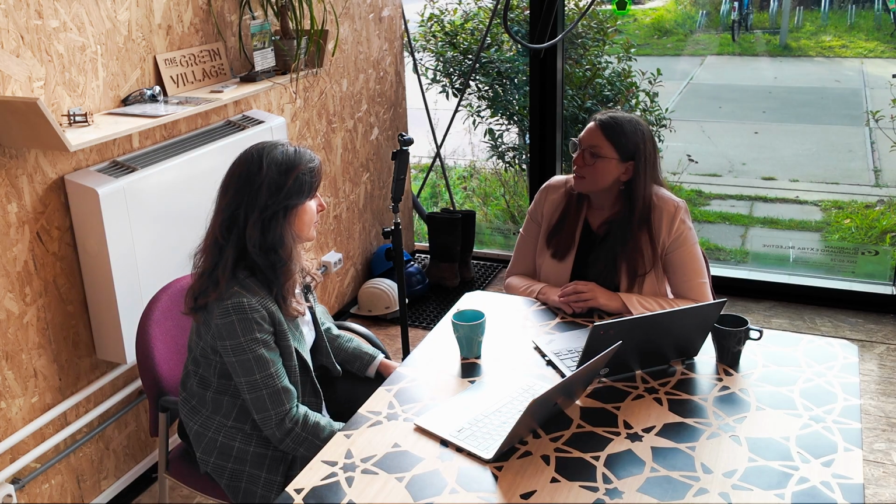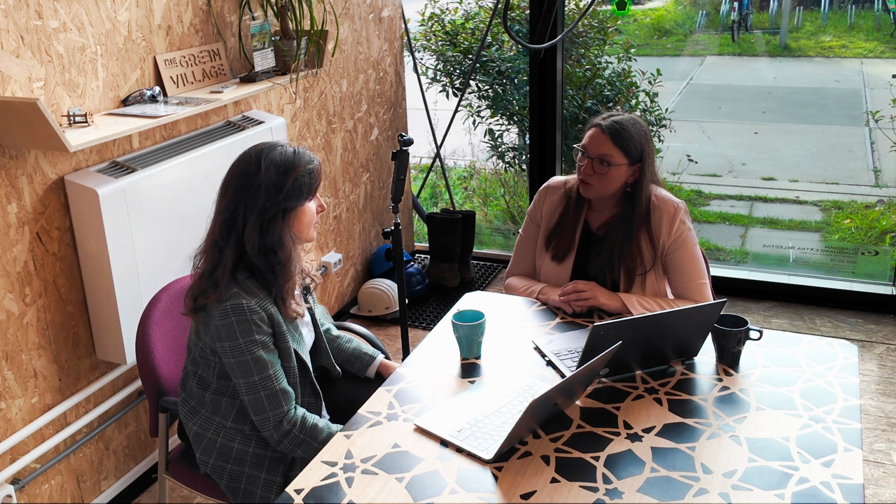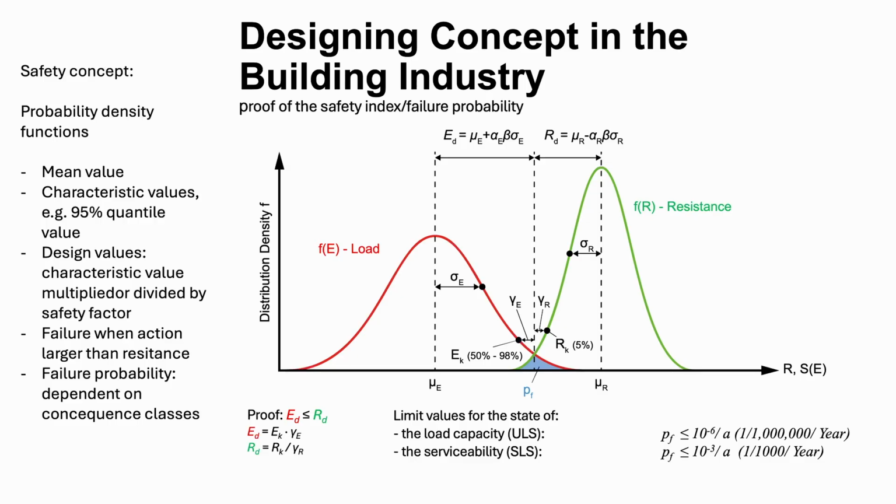So I can explain to you the concept of design with the Eurocode 0, which is valid for Europe. And in fact, we have two limit states which have to be proven. This is the ultimate limit state and the serviceability limit state. And in both cases, we need to show that the design value of a load or an effect of a load is smaller than the design value of a resistance. And design values are modified characteristic values, which means that we have a characteristic value and partial safety factors.